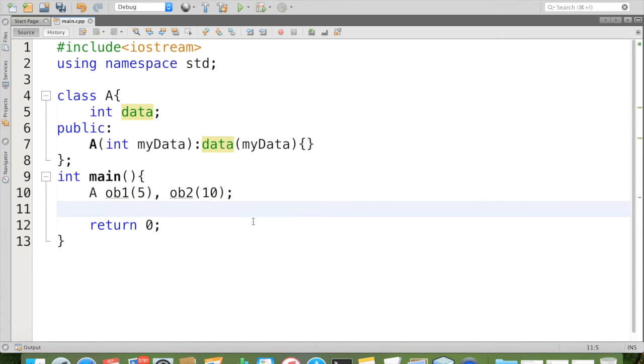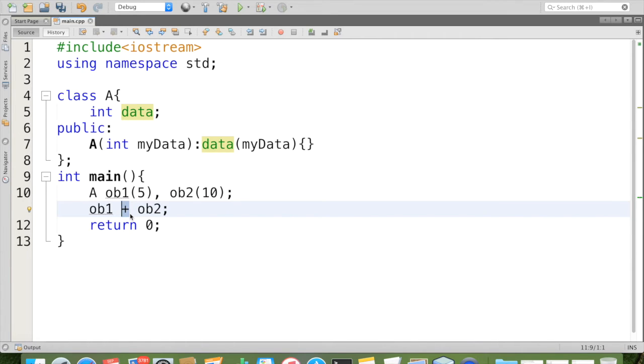And now we are going to add these two objects, OB1 + OB2. It is a binary expression because we have two operands with one operator. So now we need to provide extra meaning for this binary operator, which is called binary operator overloading.